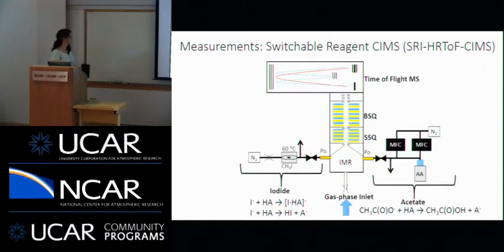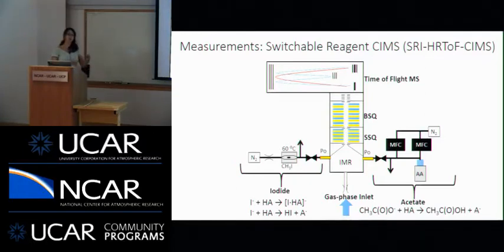So we can currently produce I- ions, so iodide, or we can produce acetate ions. And either one of those, depending on what we feed the system, can react with some given analyte, some molecule in the atmosphere. We're just going to call this HA and pretend it's an acid. And we can do a few different types of chemistry. So we can potentially form adducts. So with iodine and any molecule, it turns out peroxides and carboxylic acids form adducts with iodine. So you now have a negatively charged ion. So what we've done is we've taken our analyte and we have charged it.